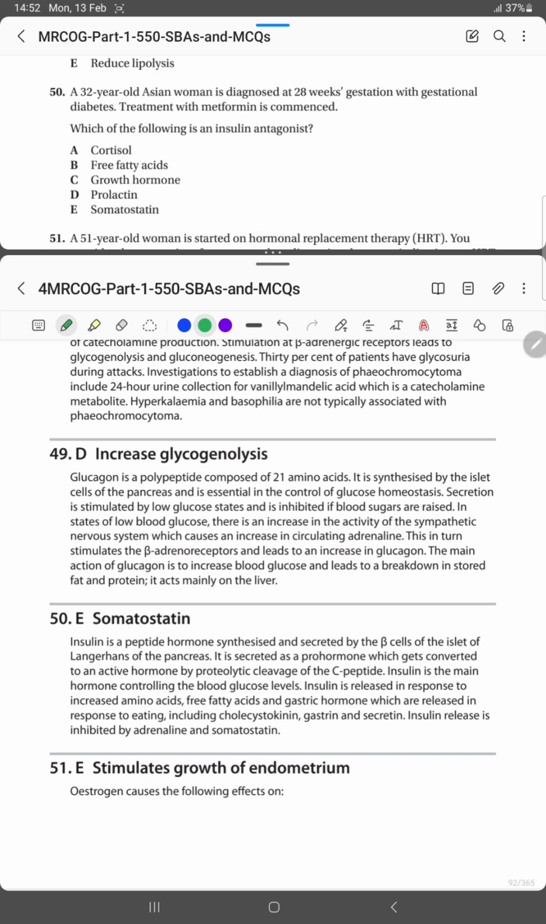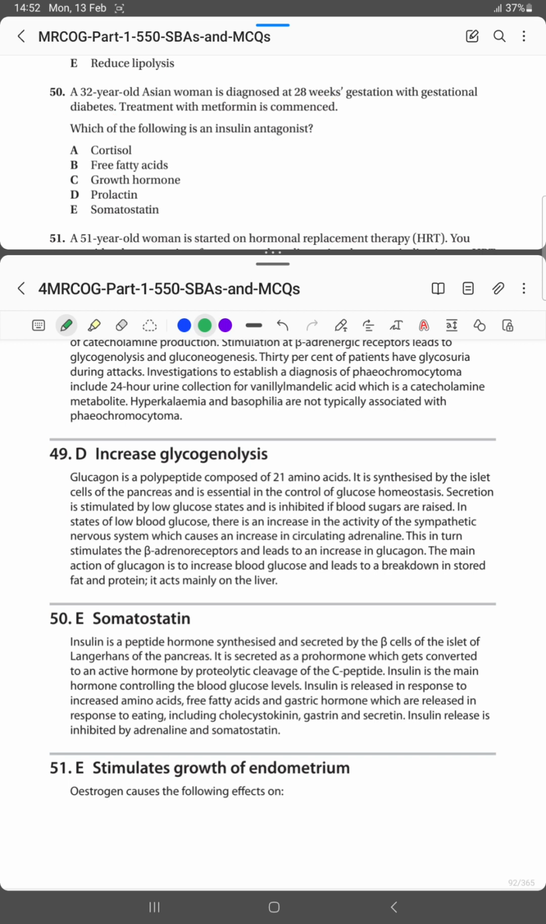Now, the next question: a 32-year-old Asian woman is diagnosed at 28 weeks gestation with gestational diabetes. Treatment with metformin is commenced. Which of the following is an insulin antagonist? Cortisol, no. Free fatty acids, no. Growth hormone, no. Prolactin, no. Yes, the answer is somatostatin, because insulin is a peptide hormone which is synthesized and secreted by the beta